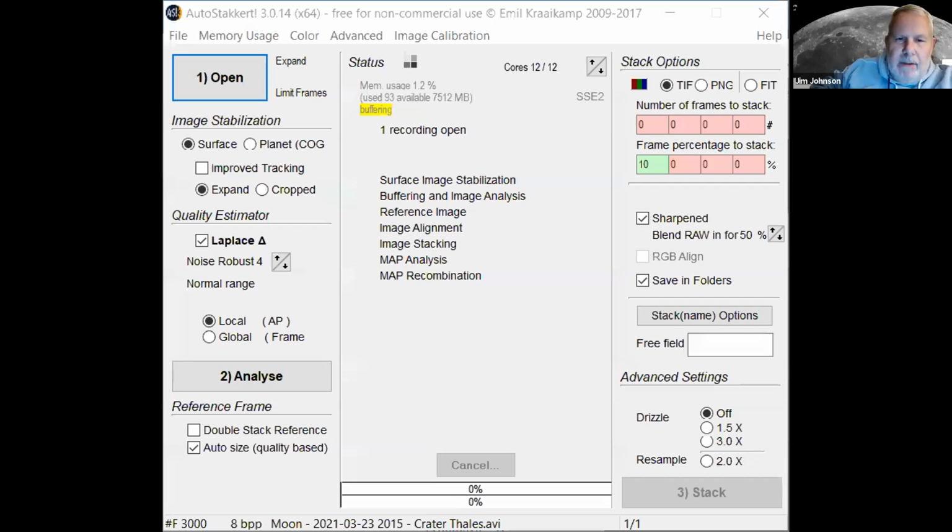Yeah, and in FireCapture, it's automatic. You just click on the feature and it finds it on its own. It stays locked up. Okay. I just haven't learned how to do that yet, but good polar alignment helps. And you'll see when I get to the later stages, you'll see where there is some drift in the image.